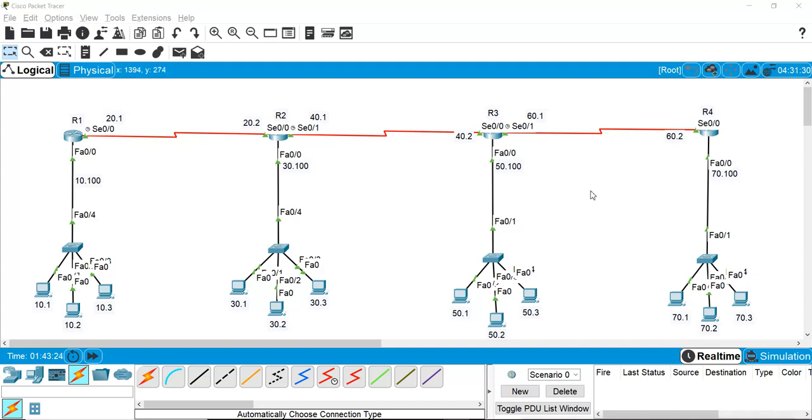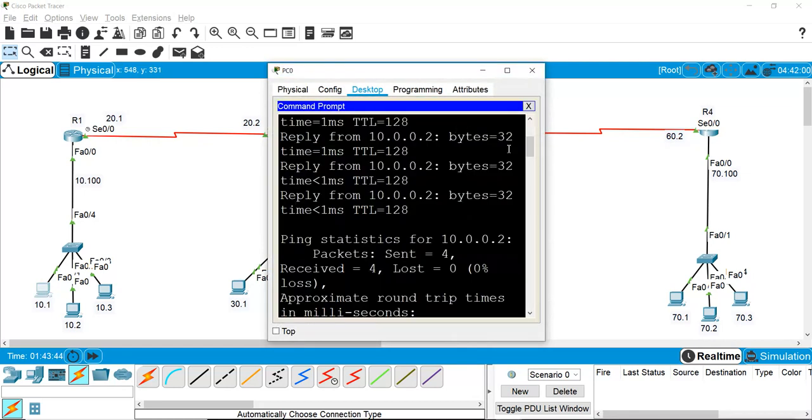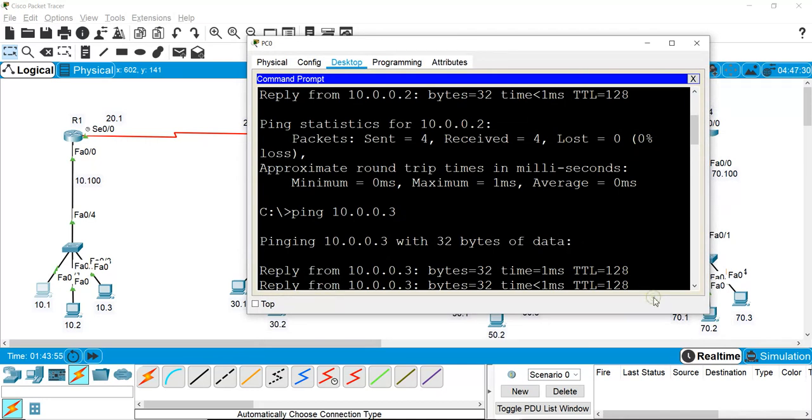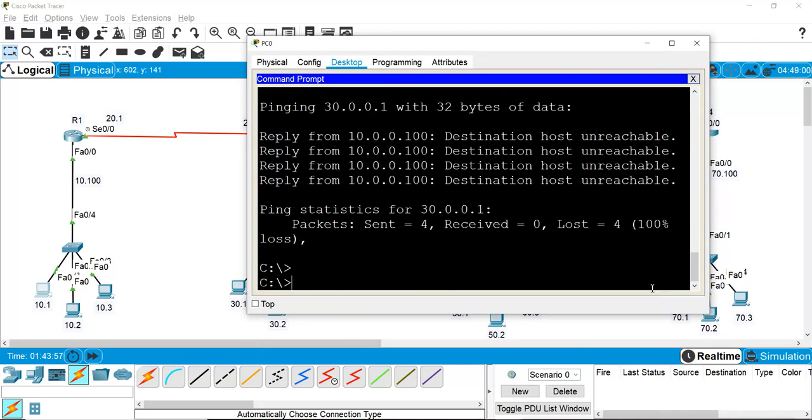So after configuring router 4 finally, now all the routers, router 1, 2, 3, 4, know about all the other networks. And this is static routing, because we added all the network entries manually. Now we can ping from anywhere to anywhere. Like I can ping from this machine to all the machines of all the other networks, because this router 1 knows about all the networks, and the other routers also know about this network. So we can send the packet and we can receive the packet also.